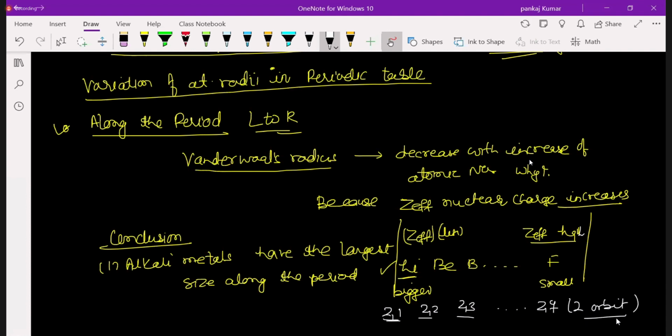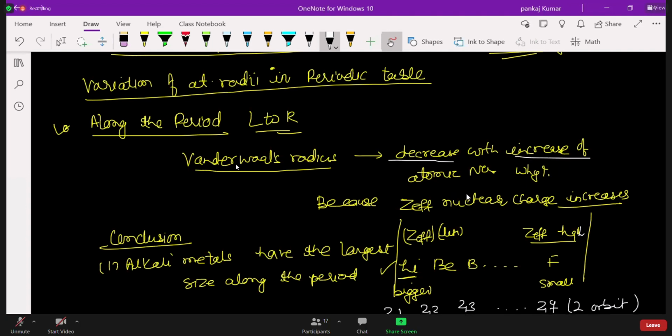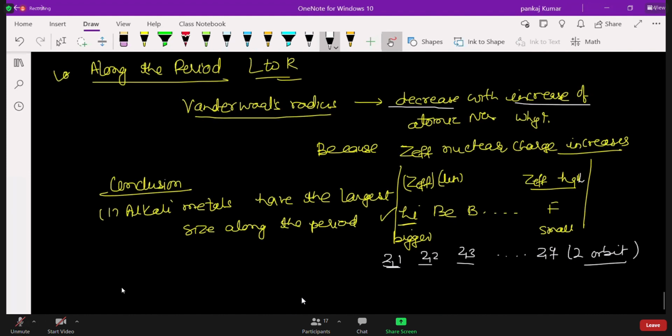But the difference won't be the same, no, sir? Because Z effective is more in fluorine and very little in lithium. Sir, I'm asking whether the increase in Z effective as we increase the atomic number won't be the same, no, sir? It won't be the same. It will decrease along the period. I wrote it very clearly here: it decreases from left to right. It's clear now. Now come to the next point, point number 2. They will ask you these questions only. Here we don't have numericals. It's good now. Theory only.